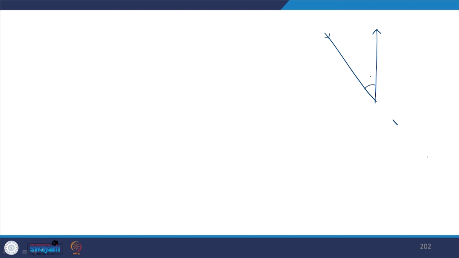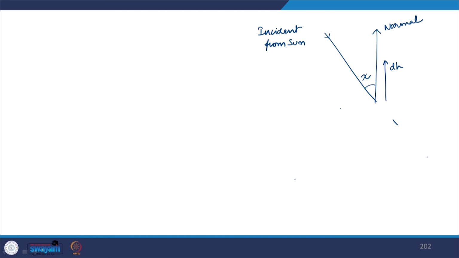This is the angle chi. This is the normal and this direction is the incident direction from the sun. This is the height dh,